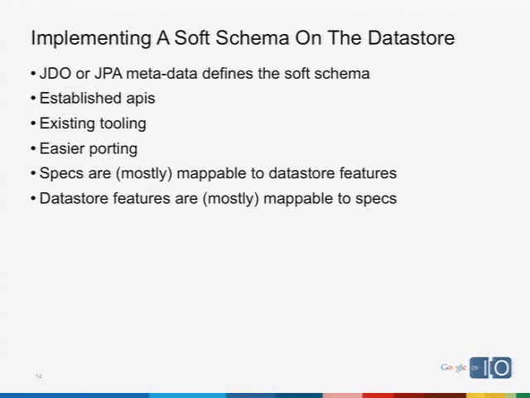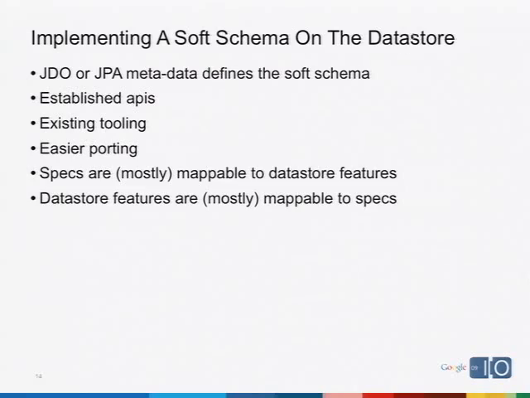The idea is that you take your model object from your application. Let's say it's a bug tracking system, so you might have a bug object, and you provide some metadata for that bug object that describes how that object is supposed to be persisted. And typically you provide that metadata either using annotations or XML, and then you have this framework behind the scenes that knows how to interpret that metadata and take that object and persist it in some sort of data store. So JDO and JPA are both Java persistence standards for getting this type of transparent persistence.